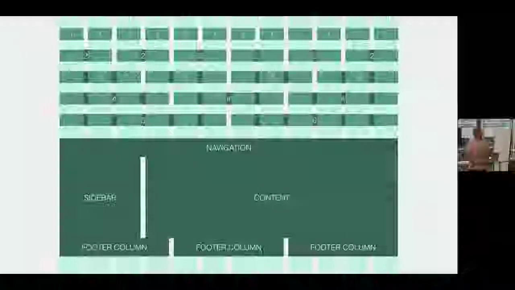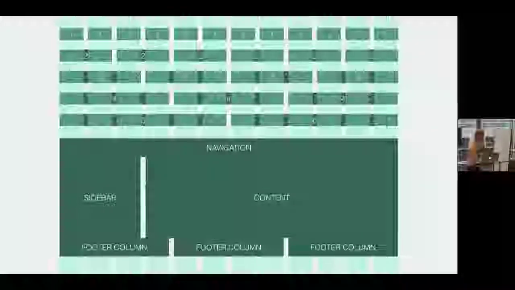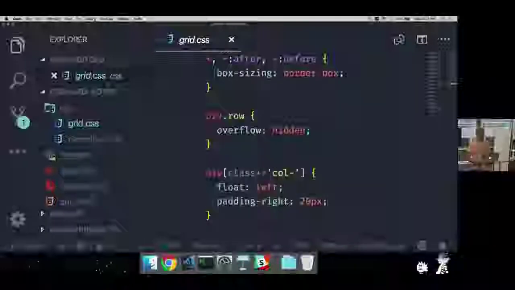Any questions about this? Okay. So I'm going to show you the example that I have on how you could actually build one of these grid systems, and no one's going to ask you to do this. I just thought it would be useful to see what goes on behind a Bootstrap style grid. And remember, this is Bootstrap 1, 2, and 3. Bootstrap 4 has moved away from this definition of a grid.